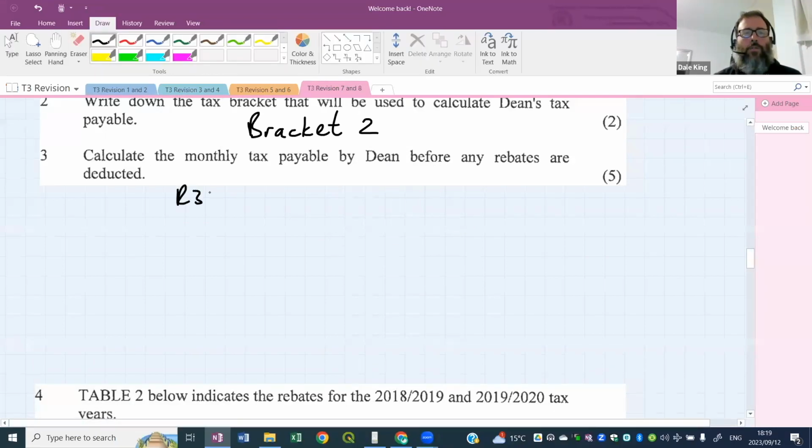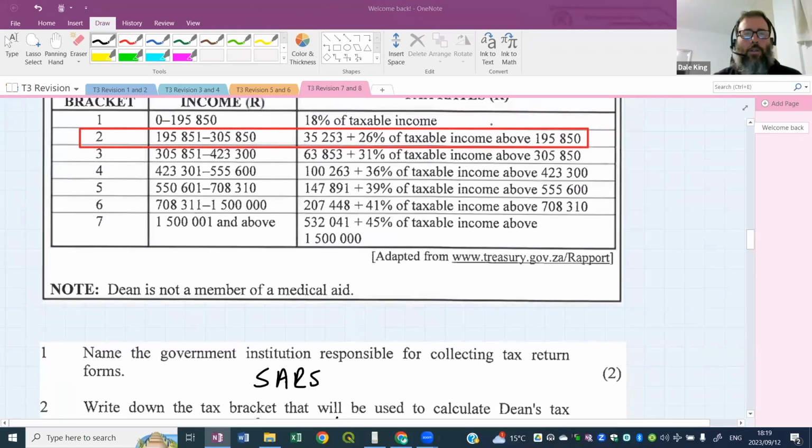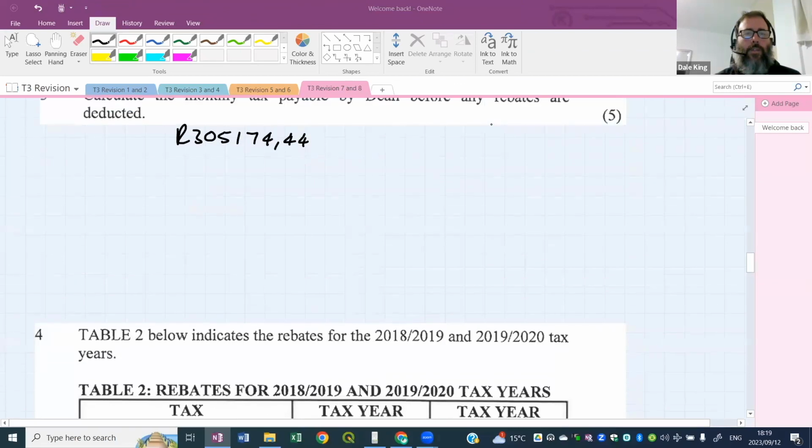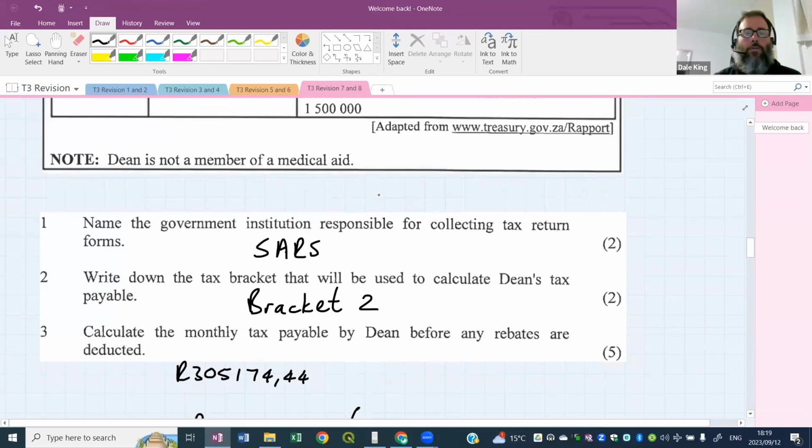So we got 305,174 Rand and 44 cents. That's his annual income. Well done, Rafile. Now let's look at the bracket. Let's write the bracket out. So 35253, 35253 plus 26% of